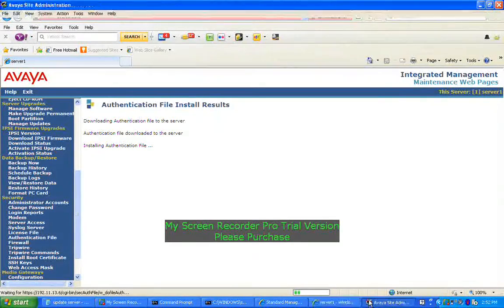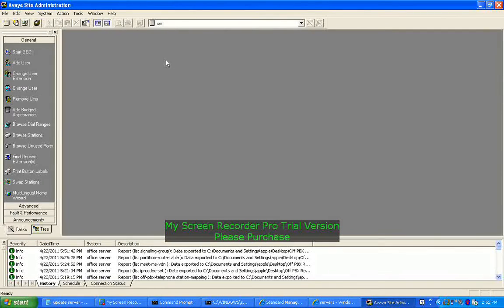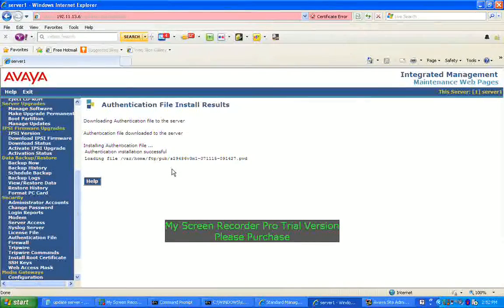You notice one thing: when you try to log into ASA, we can't connect. We get some error. So we have to check after installing the license and authentication file. The authentication installation is successful. Okay, now